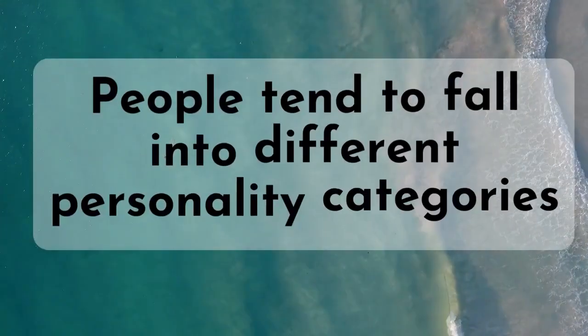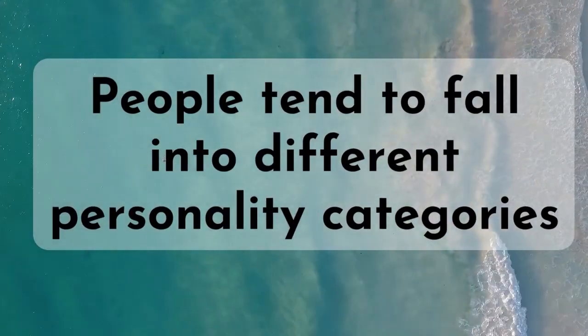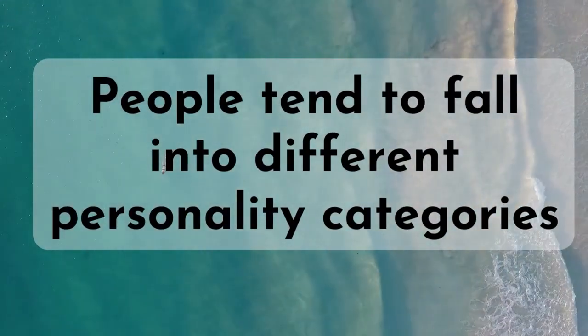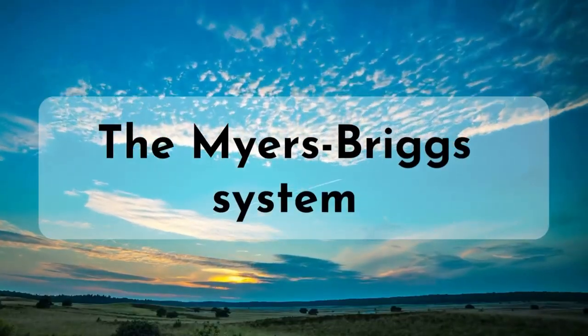The first thing that we need to outline is that people tend to fall into different personality categories, and that is based in their different mindsets, how they act and perceive things. Today, we are going to talk about one specific approach that we are going to use in order to get to know people. We are going to talk about a well-known instrument and tool, which is called the Myers-Briggs system,